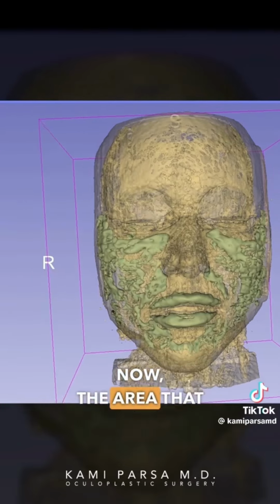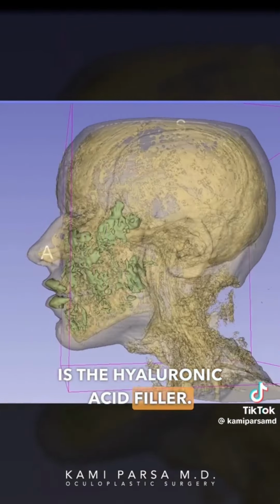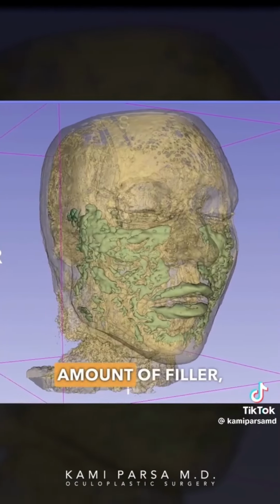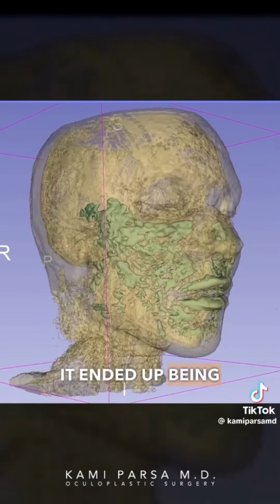Now, the area that is green is the hyaluronic acid filler. Let me just tell you something. 12 cc's of filler is a lot. The filler has been potentially placed in areas where we normally see filler. Lips, cheeks. I'm not really shocked by this. When we measured the amount of filler, the amount of volume that was there, it ended up being close to